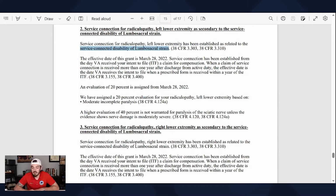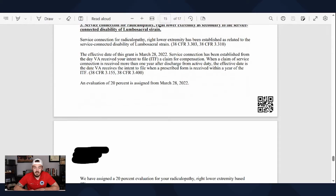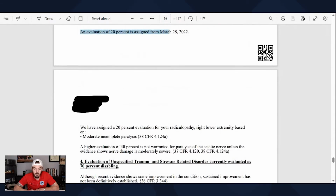Lumbar strain commonly causes radiculopathy, and as you see here, the veteran can receive 2 different ratings for that. So now that 10% back rating the veteran has turns into 2 additional 20% ratings for each leg. Again, you'll see the reasons why the VA awarded this veteran 20% and not 40%. And you'll see the same thing for the right lower extremity, that the radiculopathy in the right leg secondary service connection at 20%,